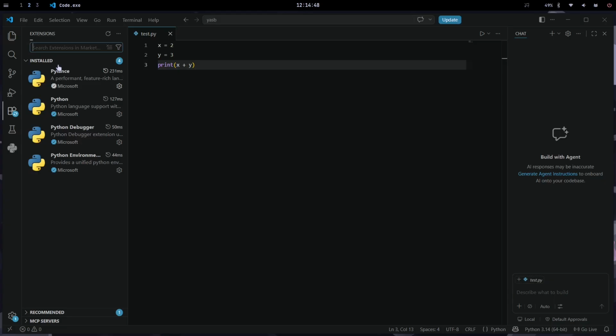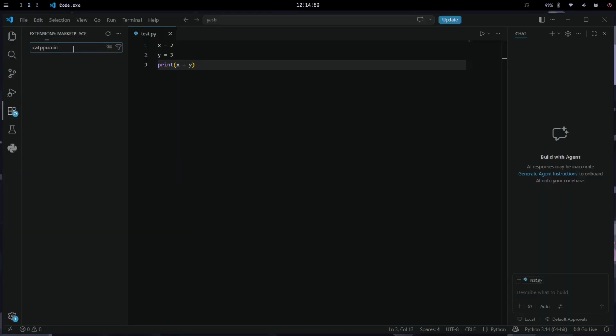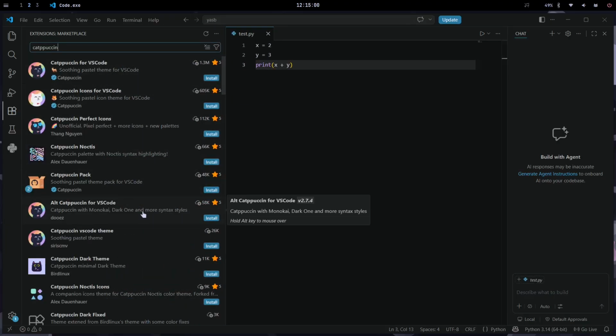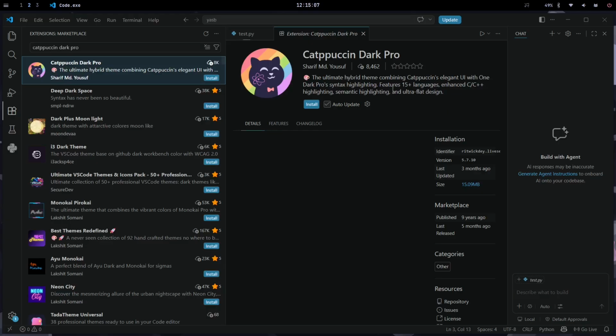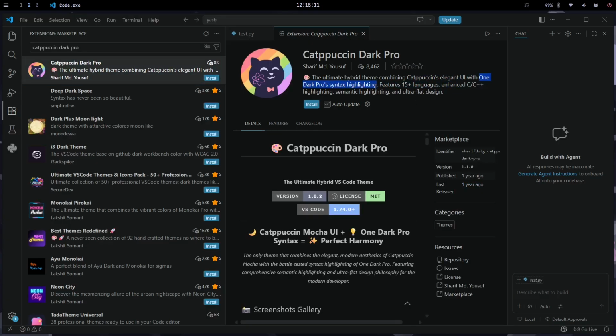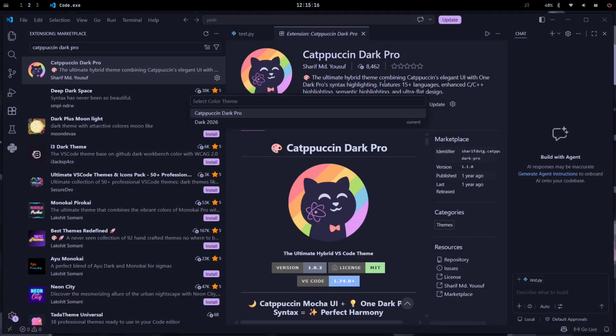To install it, simply open the Extensions tab, search for Catppuccin, and install the one you like. You can also use the official version of the theme, but I prefer the theme named Catppuccin Dark Pro. I like it because it combines the elegant colors of Catppuccin with the syntax highlighting of One Dark Pro. Next, just install it, and the pop-up to select the theme will automatically open, where you can select the theme you just installed. Now the old boring colors of VS Code are gone, and we have a cool, comfortable workspace